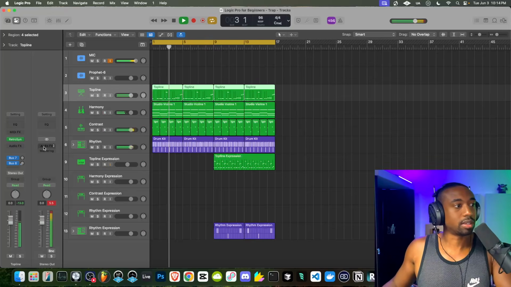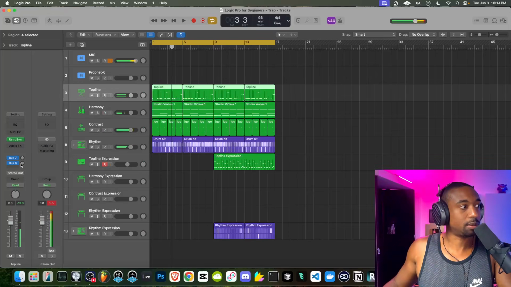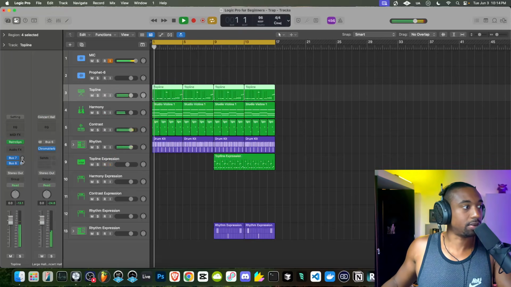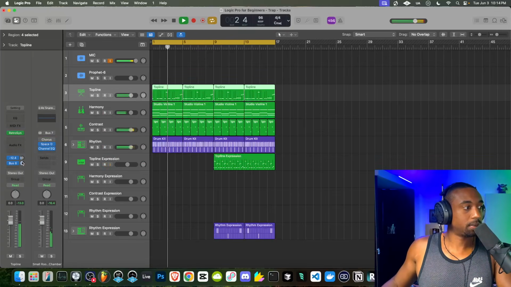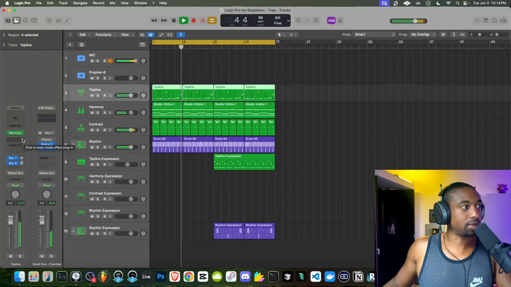I feel like this brass could use more reverb, so let's click on the brass, the top line, and left click the bus to send it to that reverb channel. I'm also going to do the small reverb one on the other bus, so it's a little bit bigger of a sound.